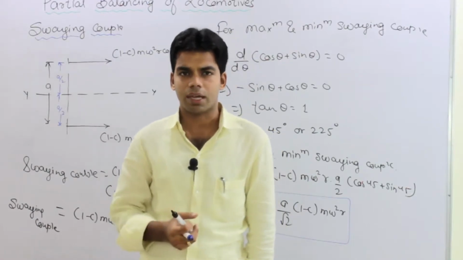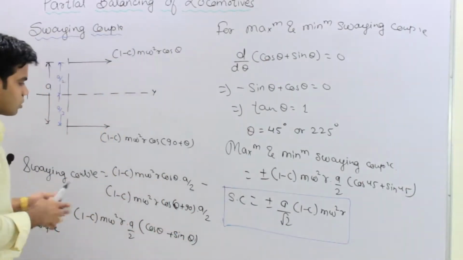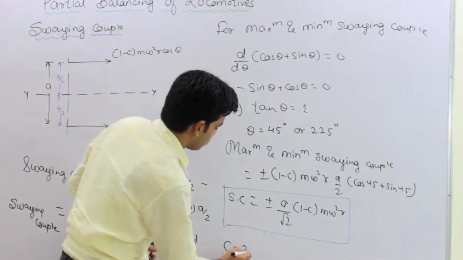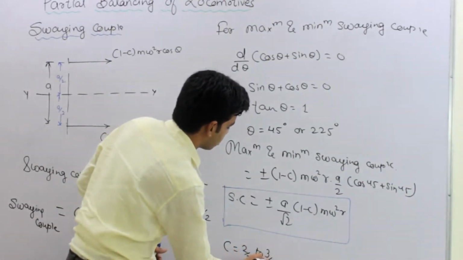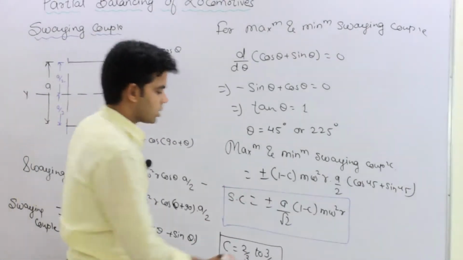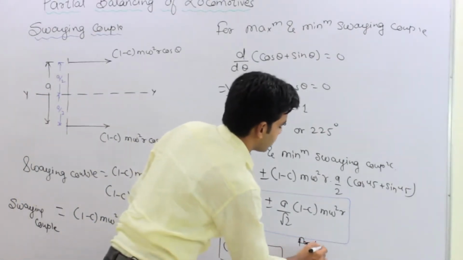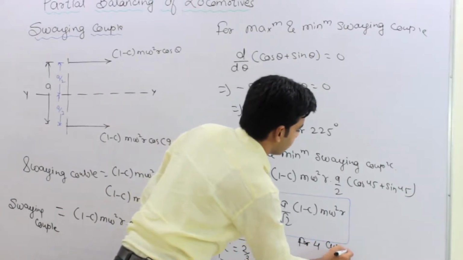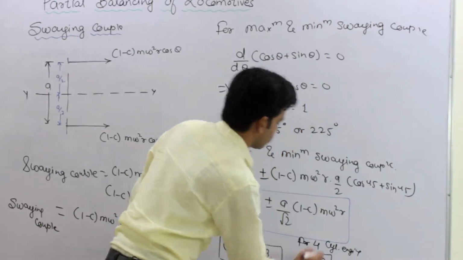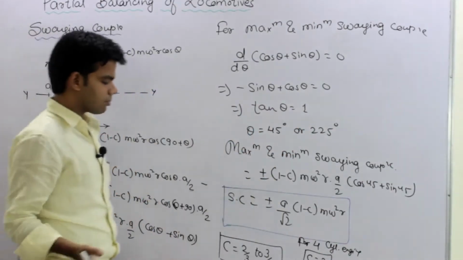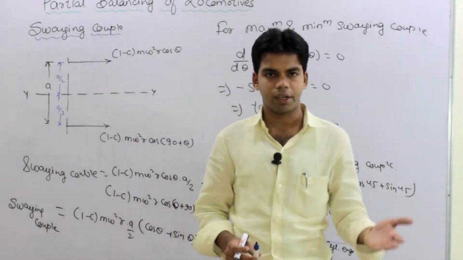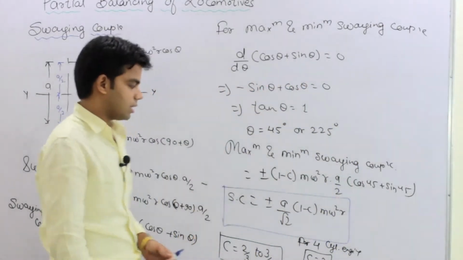which we have given the name c, and that c for this swaying couple for a 2-cylinder engine varies from 2/3 to 3/4. Getting this or not? And for big engines like a 4-cylinder engine, the value of this c is generally taken as 2/5. So instead of balancing completely, we balance it by a fraction, 2/3 to 3/4 in a 2-cylinder and 2/5 in a 4-cylinder engine. Getting this or not?